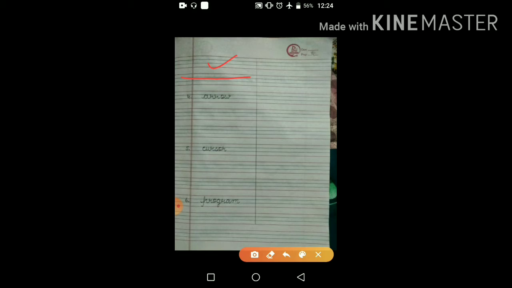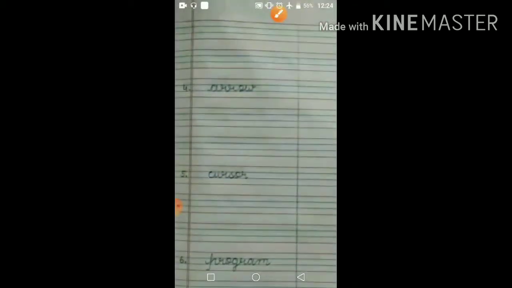Then our next difficult word is arrow. ARROW, arrow. Then write it 3 times and leave one line. Then the next word is cursor.